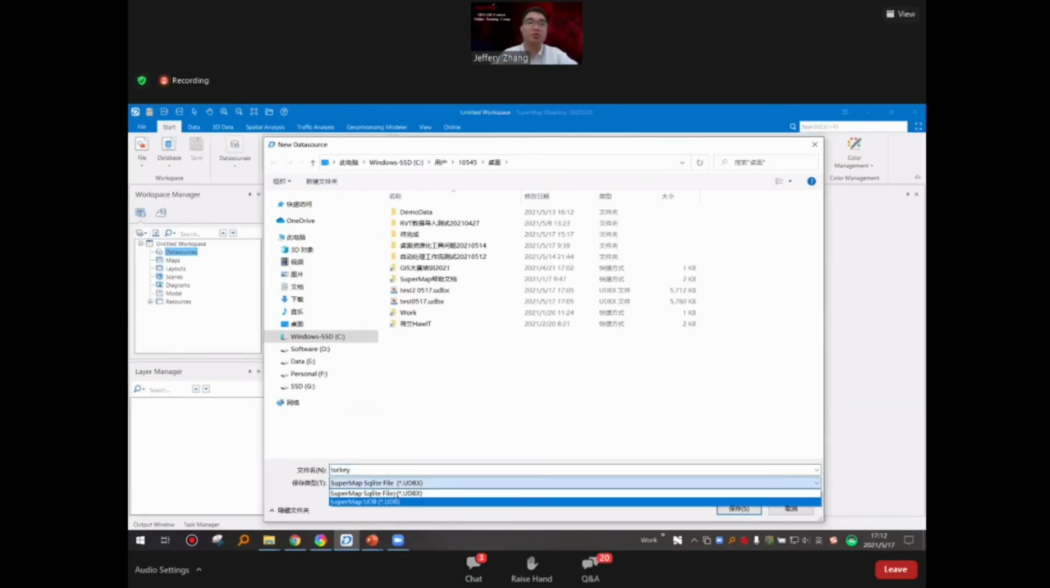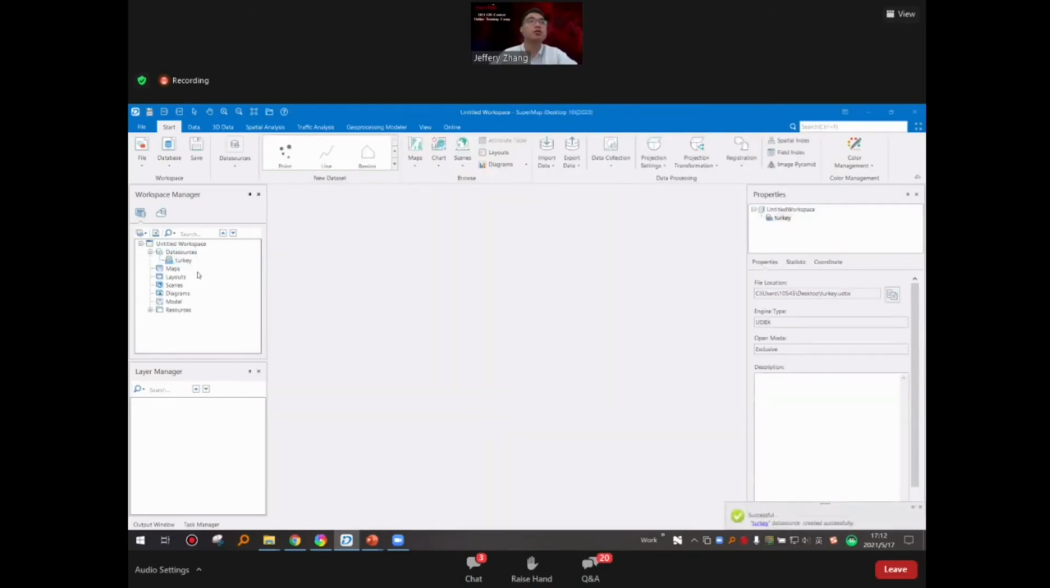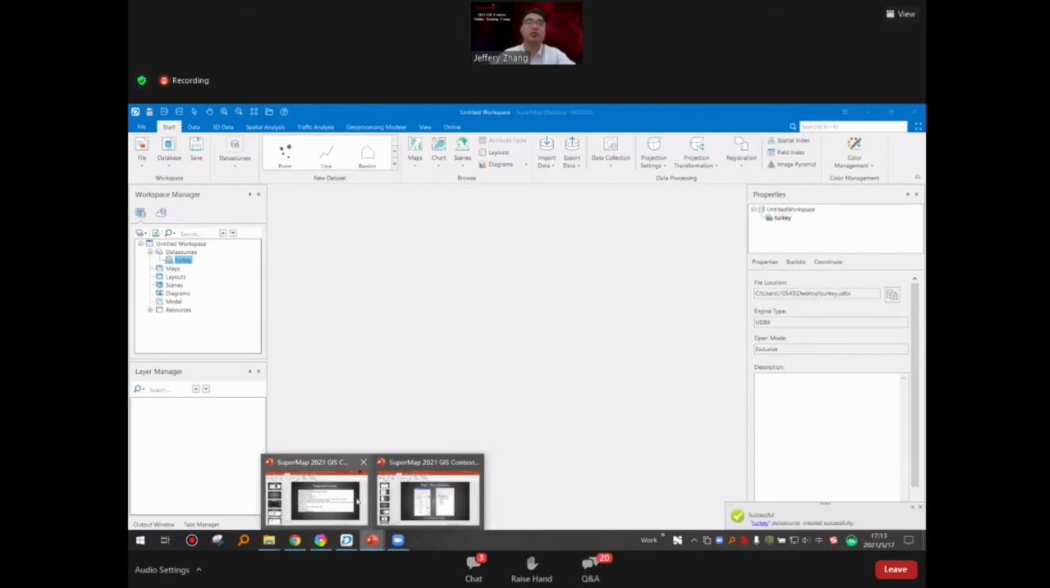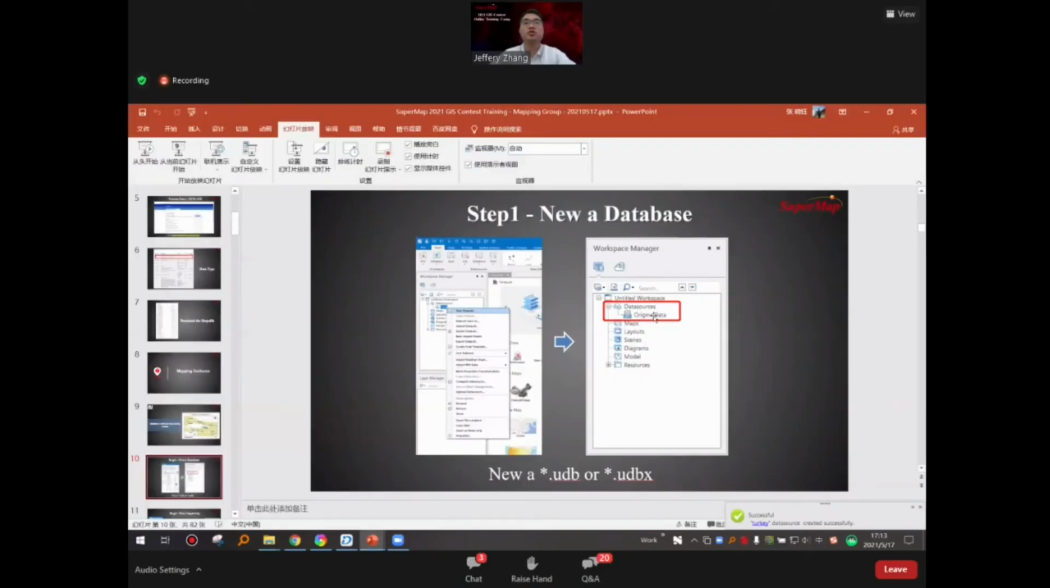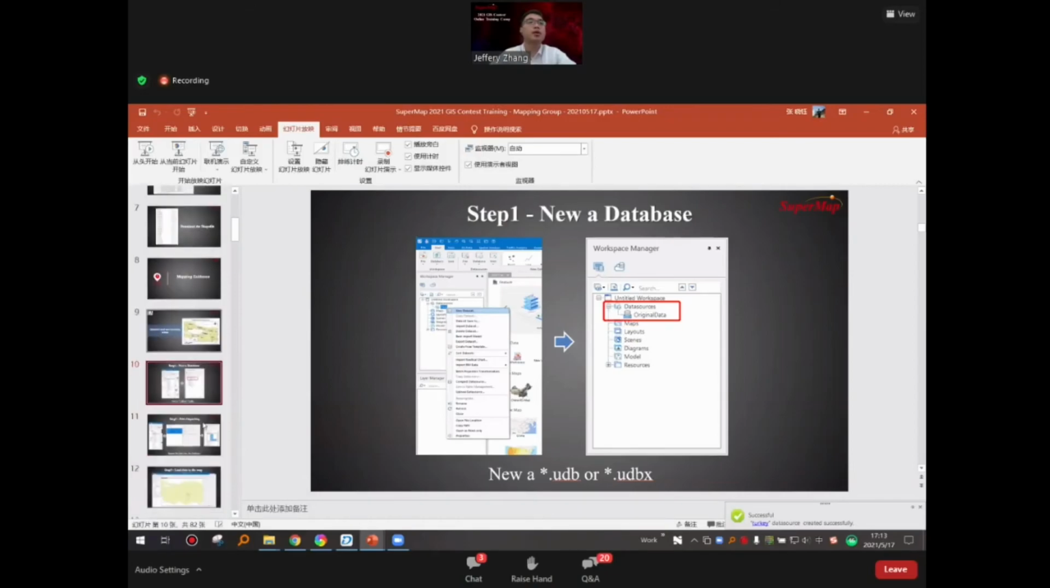Here you can select UDBX or UDB and save it. So this is the first step, very easy. You only need to create a set name. And step 2,